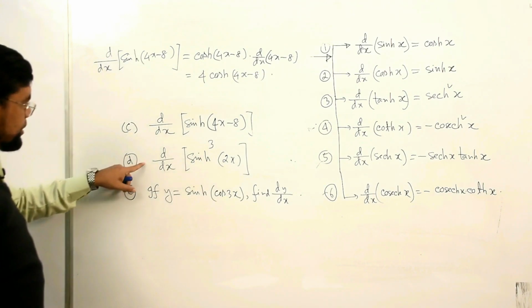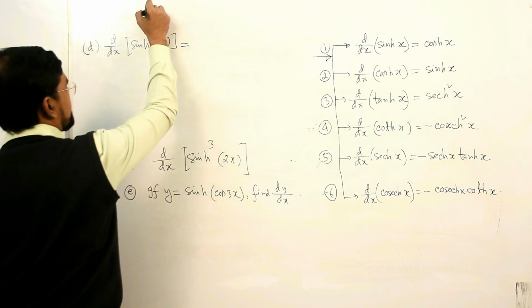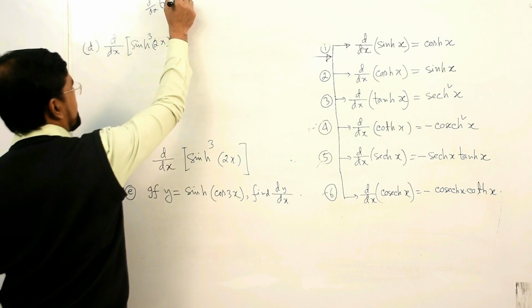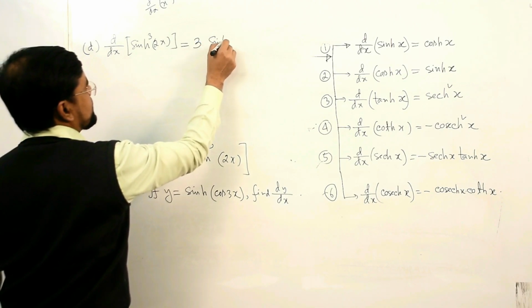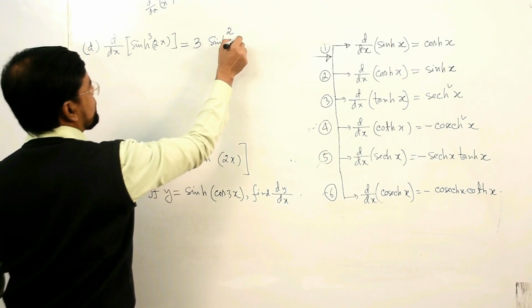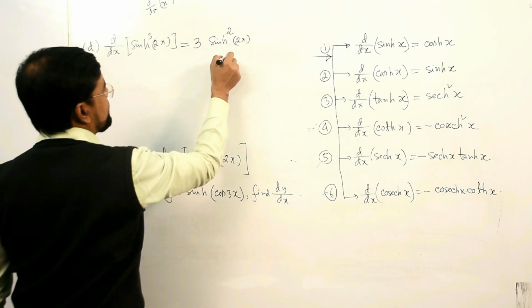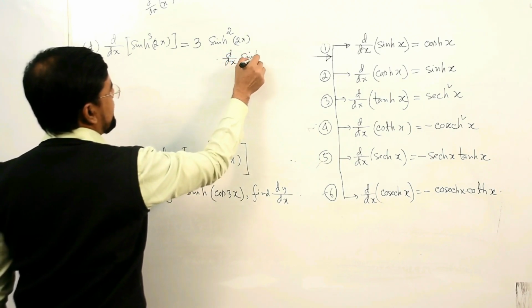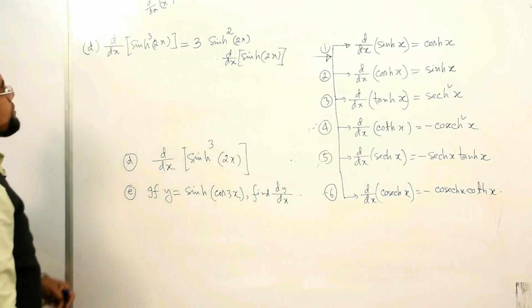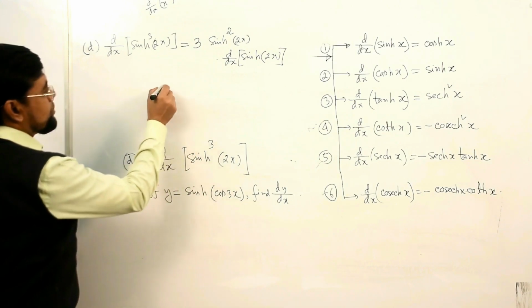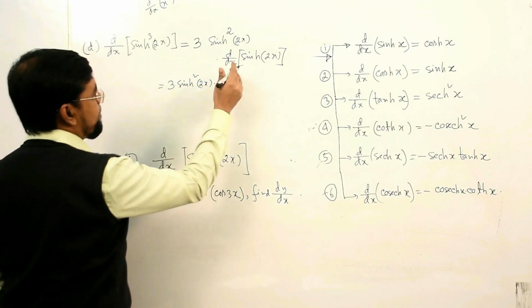And how about the next one? The derivative of x to the power n equals n x to the power n minus 1. So we should write 3 sine hyperbolic to the power 3 minus 1, that is, 2 of 2x. By using the chain rule, you need to differentiate sine hyperbolic 2x again. Since instead of x you have sine hyperbolic 2x, this equals 3 sine hyperbolic square 2x, and